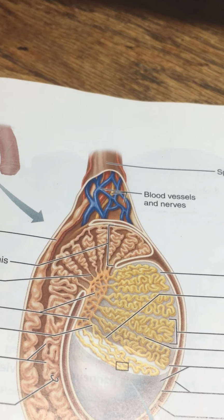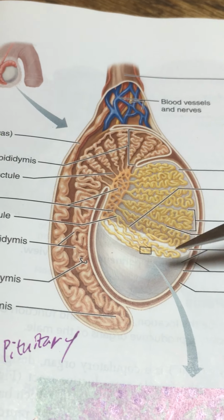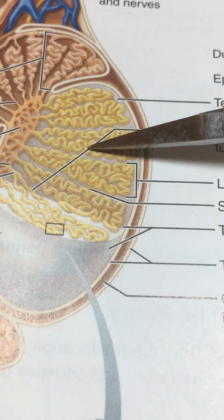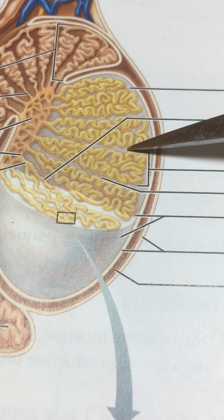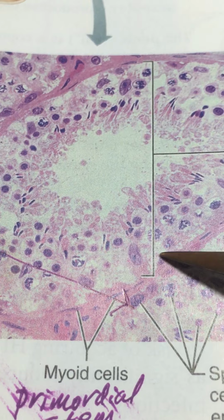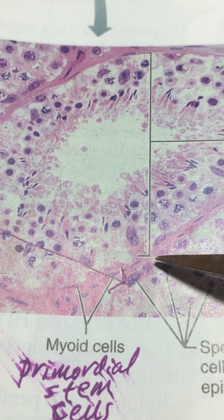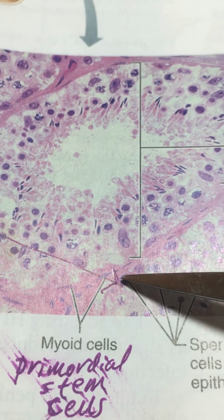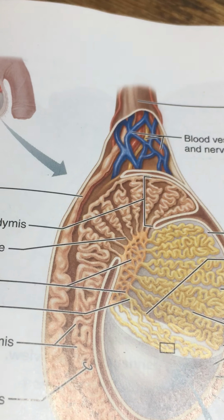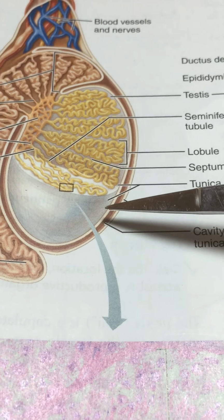Okay, we come over to this diagram here, and we see the position of the testis in relation to its spermatic cord. Here's the testis, here are the seminiferous tubules, and the seminiferous tubule walls are actually the site of primordial cell initiation and development. So the primordial cells begin down here at the very edge of the wall of the seminiferous tubule. This is cut in cross-section, and there are going to be mitotic figures down here in which the primordial cells are dividing into daughter cells, and the cells are percolating up. When that's complete, when we actually have the sperm developed into a spermatozoa, we don't see it so much in this picture,